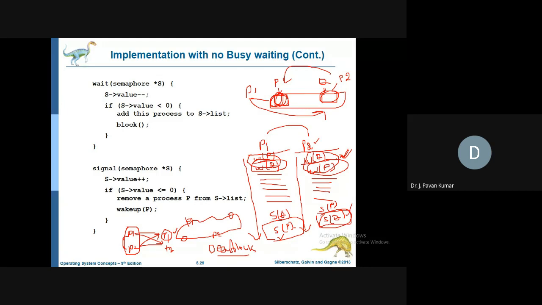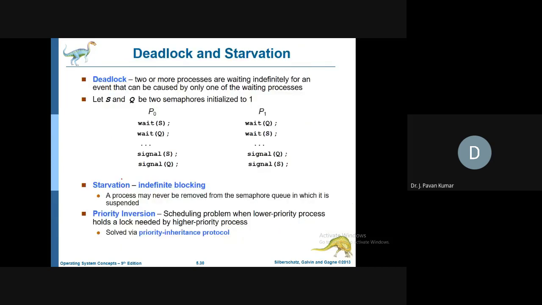One example is two semaphores we have, P and Q. Here also P and Q. Wait on P, wait on Q, wait on Q, wait on P here. Then finally it will release both the things. That means signal on Q, signal on P, signal on P, signal on Q. Like this, all the semaphores will be executed on the signal operation. So this is nothing but deadlock.